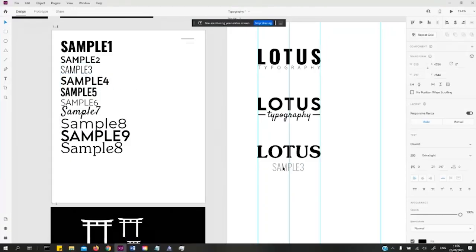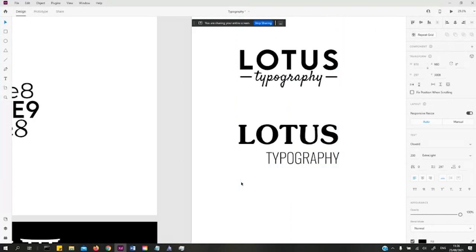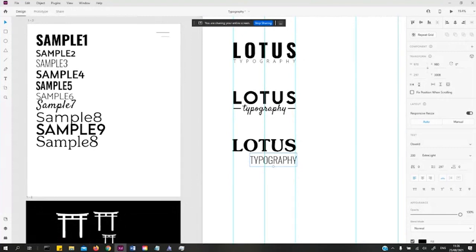I'm gonna choose Oswald. Does it work? I was gonna suggest a slightly more geometric one, but this works. A little bit smaller would do. Futura would work. Yeah, that's lovely. Yep. Well, actually,